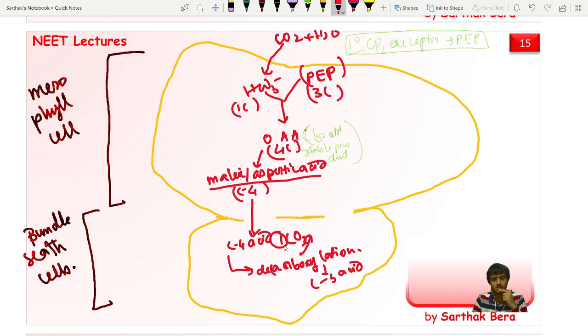From C4 acid, 1 CO2 and C3 acid is formed,